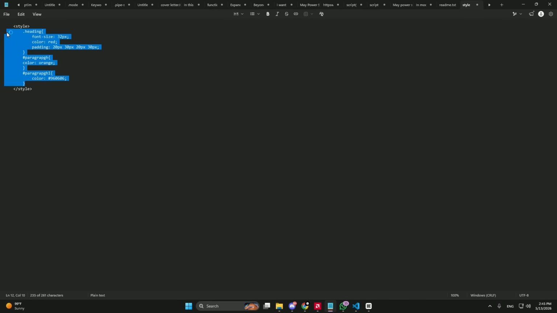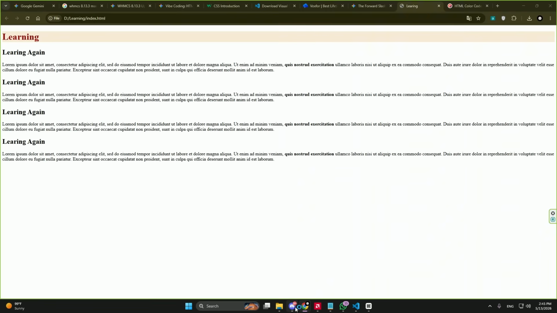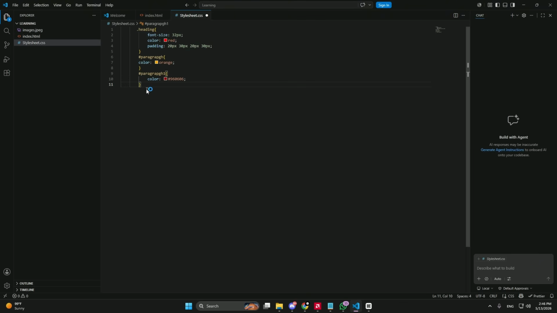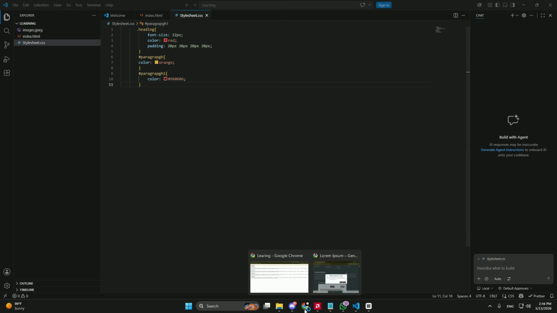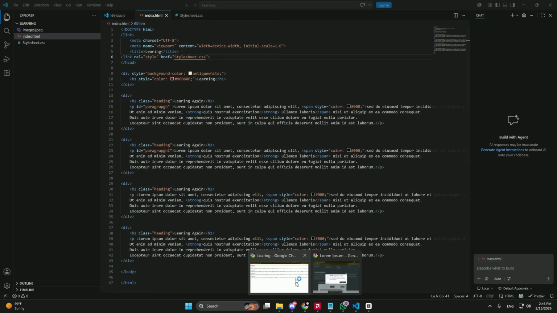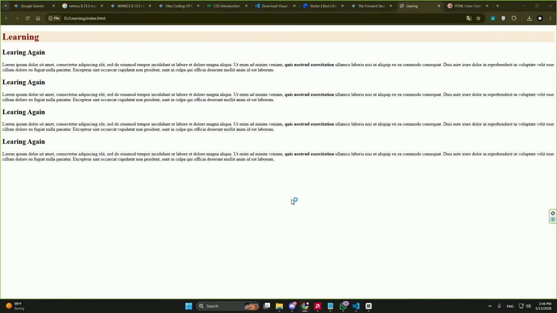So we have all the style. We are just copying the CSS which we have used previously, and now you can see we don't need an opening and closing tag of style, because this is an external style sheet. You are just going to define all your styling inside here, and I have defined my style. We have already linked our style sheet. Now if I go to the front end of the website and refresh,